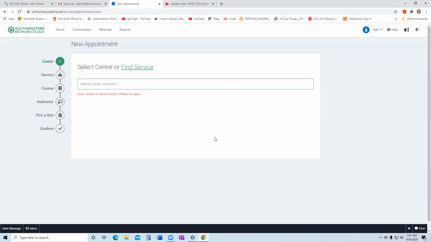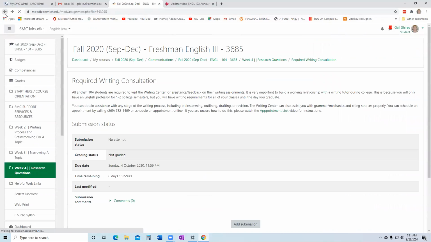Then it will pull up all the consultants' pictures and the dates and times available for consultations. I do want to give you a word of warning on this. They don't do them on the weekends, and I think they're open one evening, but not very many. They usually are done at 5. So in order for you to get this done and uploaded, with the consultation completed before Sunday at midnight, which is always when things are due, you are going to need to really be on top of making an appointment.